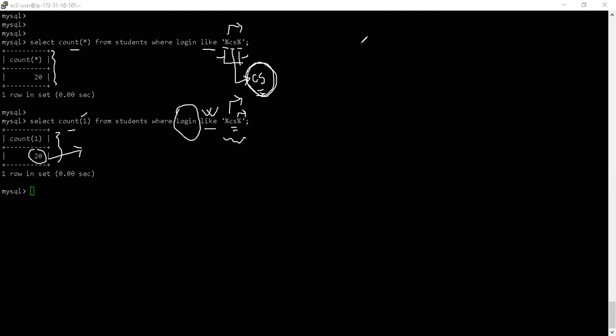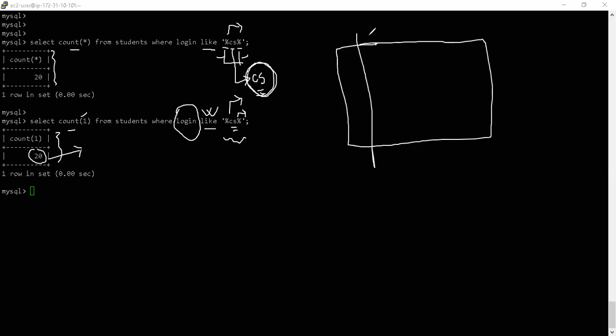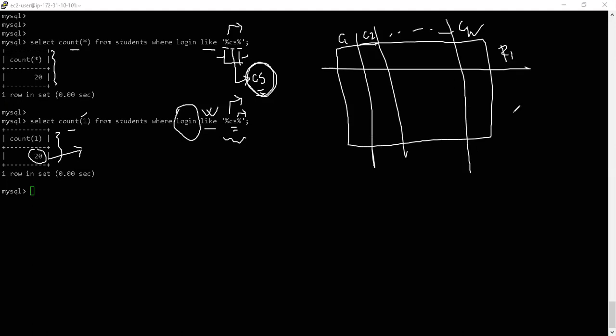But as simple as it sounds, in any database, in any table, we may have one or more columns. Let's say column one, column two, until column n. So I have n number of columns in a table, and I have n number of rows in a table. Let's say I have 100k rows in a table. If I already know that in the majority of my queries I am going to make use of the columns, let's say C1 and C10, so I have two columns which I'm going to majorly use.